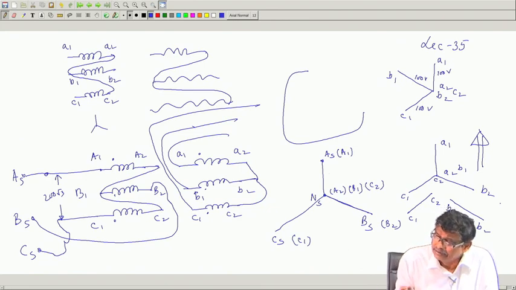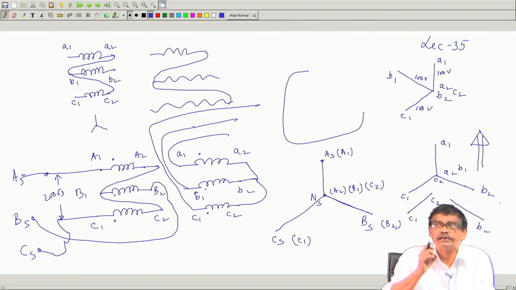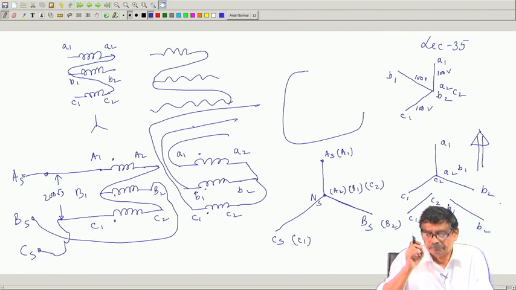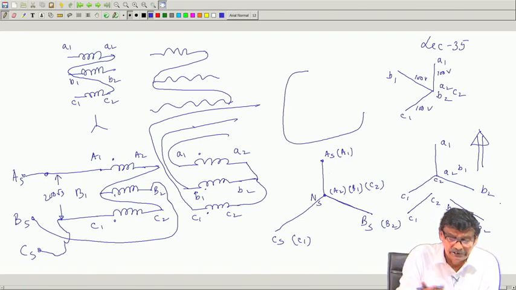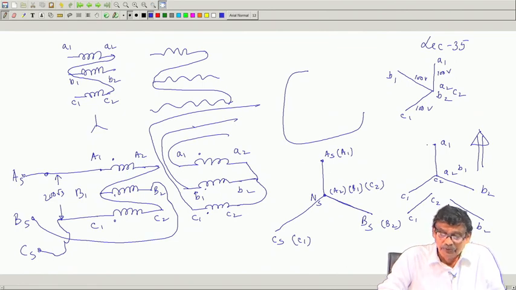And not only that, the terminals are marked, that is why terminal markings are very essential, and we would also like to see that the supply you are giving to A1, B1, C1, you take the supply output from A1, B1, C1. Here, although you will get a balanced 3-phase supply if he connects like that, there is a mix up, see, this is A1, that is B2, this is C1. So, to avoid all confusions, we must adhere to the terminal markings,